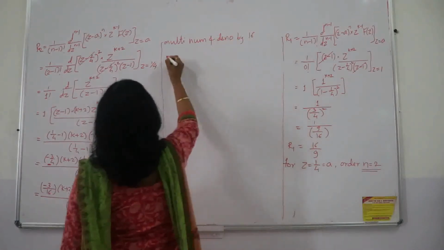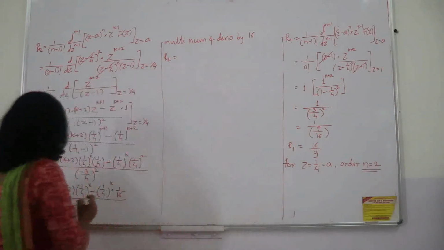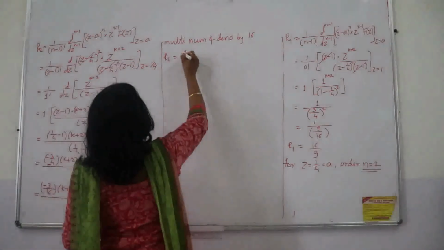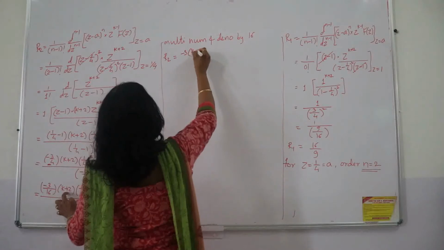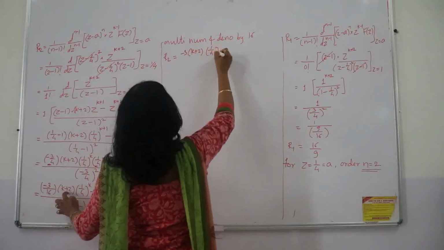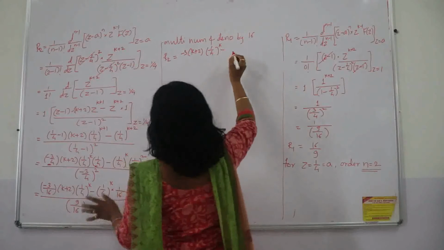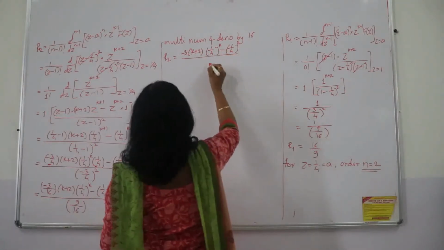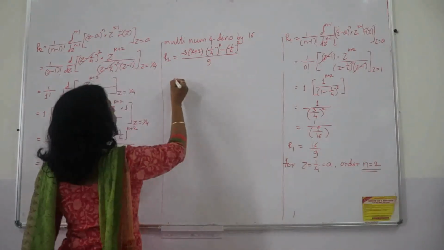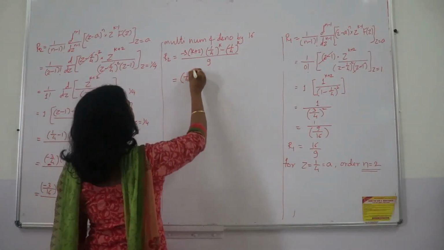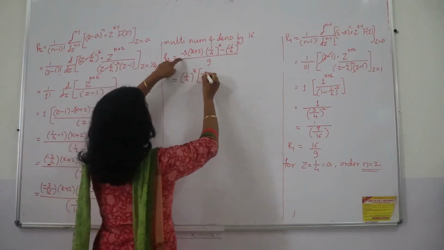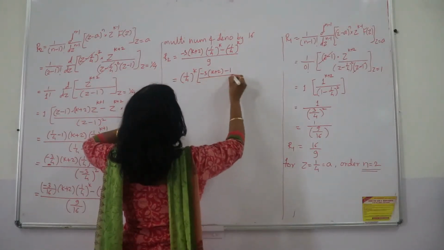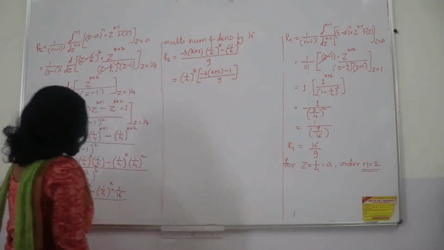Now what I can do, simply I can multiply numerator and denominator by 16. What will happen? 16 will get cancelled. 16 will get cancelled. What is remaining in the numerator? Minus 3 times k plus 2, 1 upon 4 raised to k, and then here minus, this 16 is getting cancelled, 1 upon 4 raised to k, and in the denominator 16 is getting cancelled, it is 9. Now from here 1 upon 4 raised to k I can take common, and what is left? See, minus 3 times k plus 2. Now here it is 1 and divided by, still the complete denominator is 9.